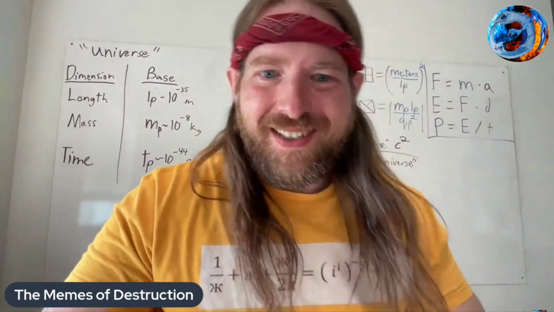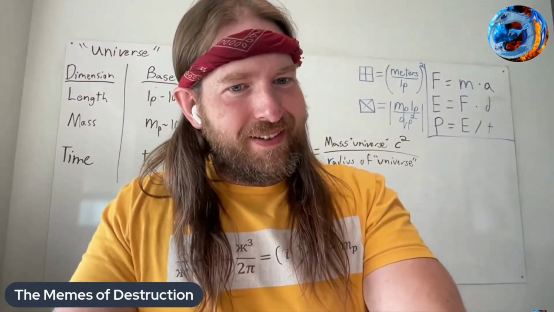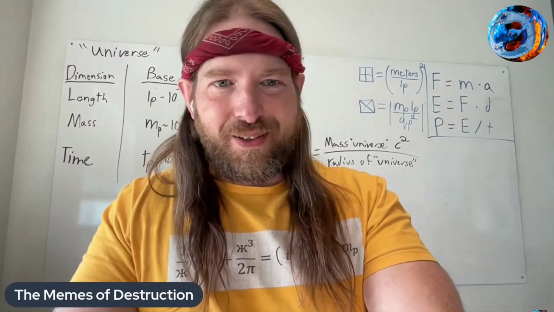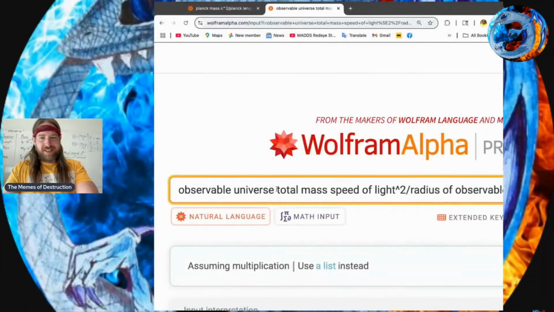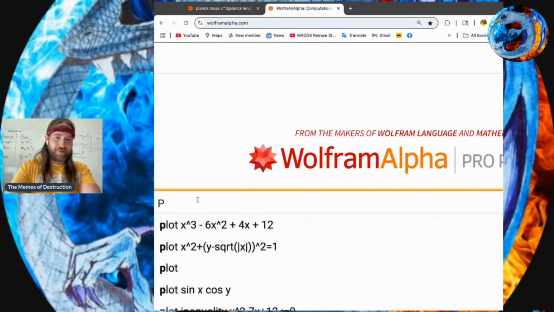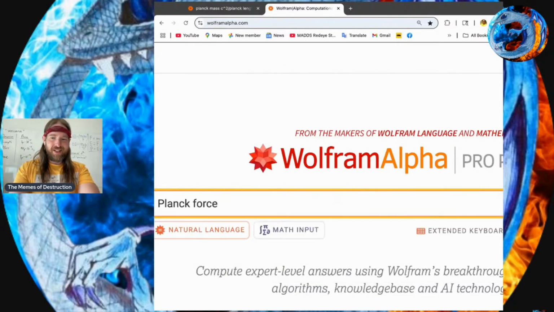So, here we go. All right, so let's share over here. We just go right over here. Okay, so I'll just clear that out, and we'll just literally type in natural language, Planck force. We'll set that equal to X kilograms times c squared. So we're going to solve for x. That's literally what we're doing right there. We're going to solve for the estimated mass of the universe. I put an equation in from the last video in Livestream. So let's see if perhaps we can verify.